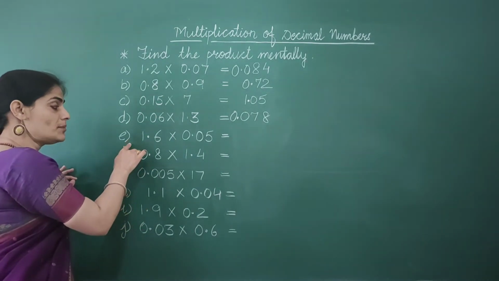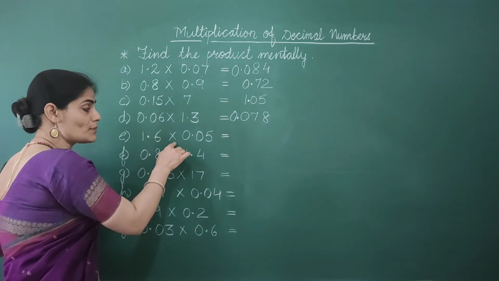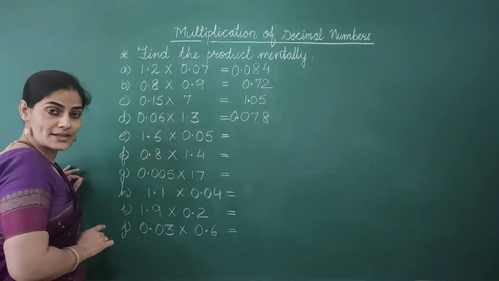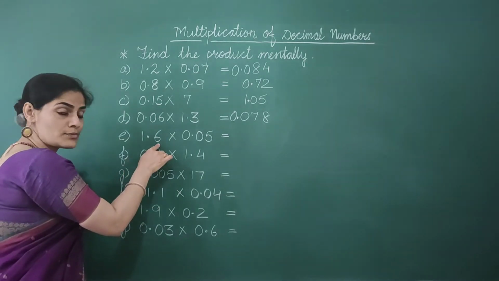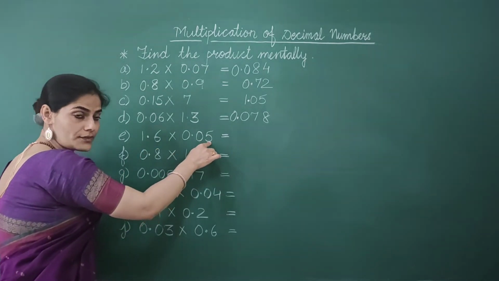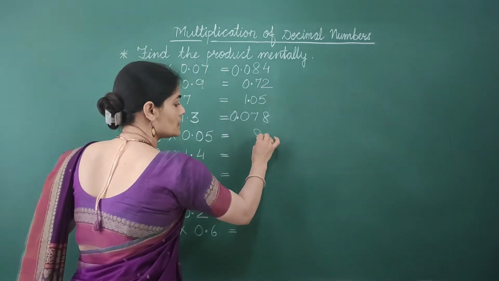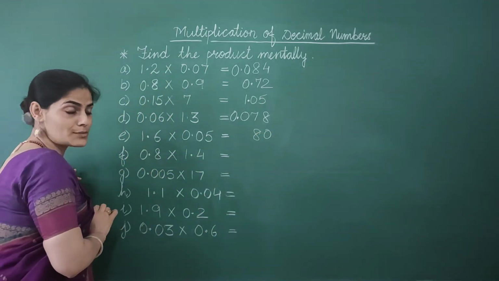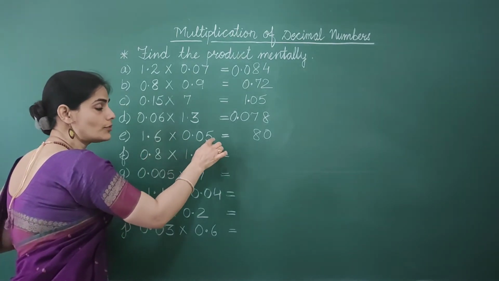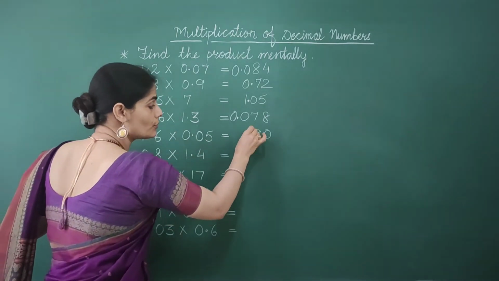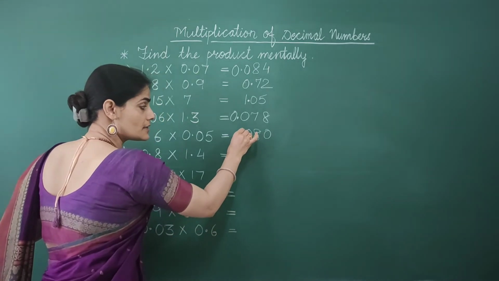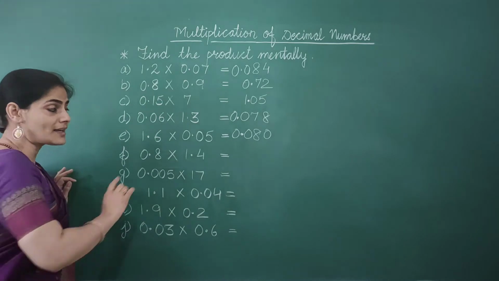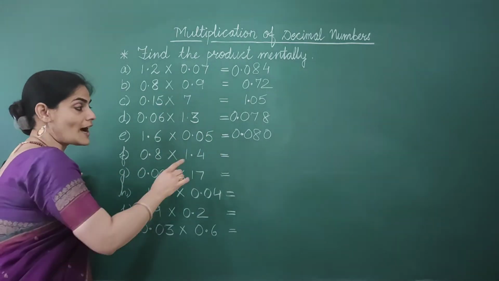0.078. Now E part, 1.6 is to be multiplied by 0.05. Ignore the decimal points. So this becomes 16 and this is 5. 16 times 5 is equal to 80. Now count the decimal places in both the decimal numbers. 1, 2, 3. So 1, 2, third one is not there. I add 0, then I put the decimal. We don't leave the whole number part blank, so I have added this 0. Our product is